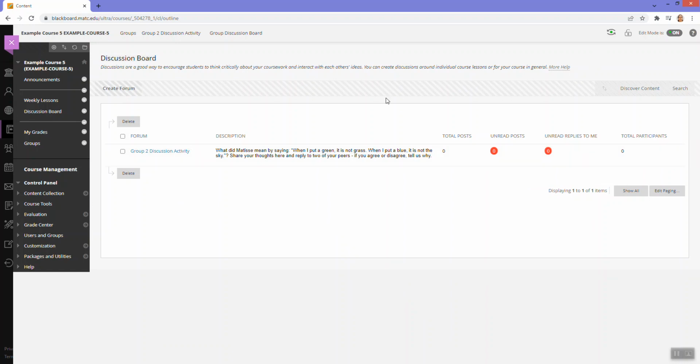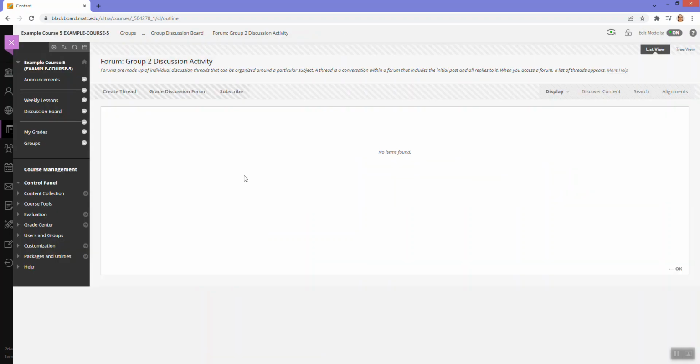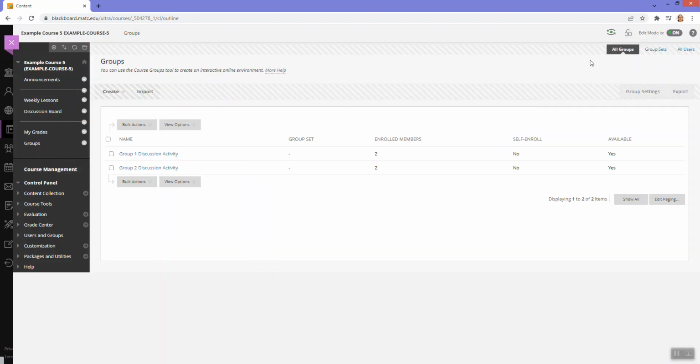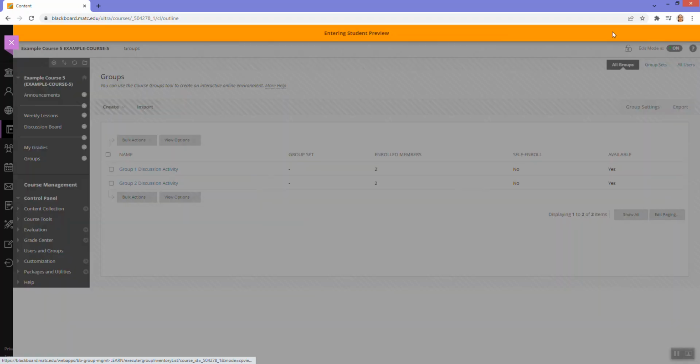Now, if you leave this the way it is, they'll have to advise students to come to the groups tool, and then they'll see the group that they're a part of and the question, and they'll click on this link, and then they'll be able to access their discussion board. So we'll give it a try here. I'm going to toggle into student preview mode,